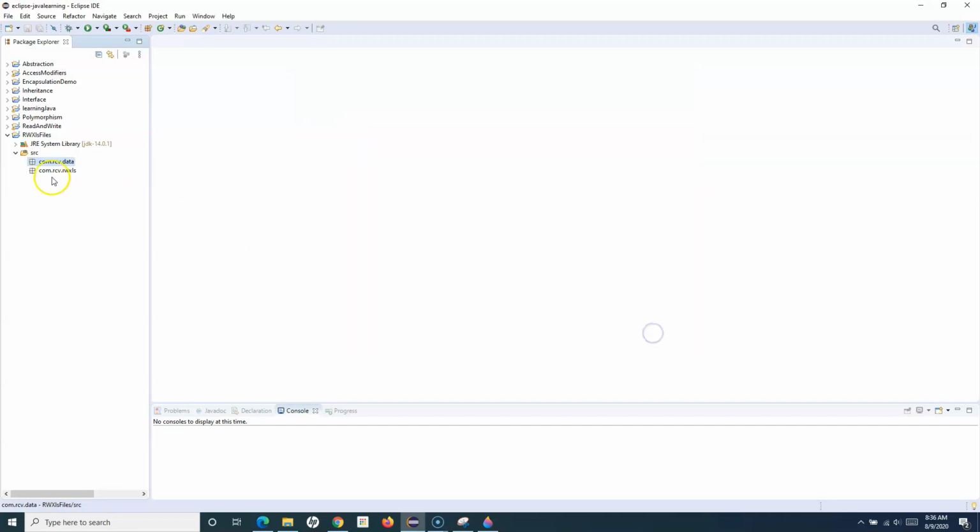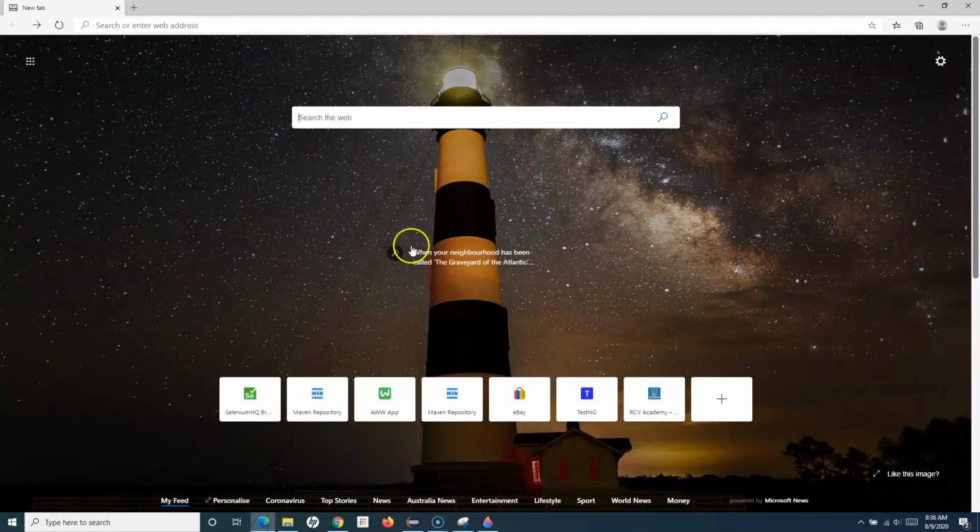Then in the read write XLS package, I'll be keeping all my code. So the first thing to understand here is to install or download Apache POI. Apache POI is the library which is used to read and write the Excel file. If you just search for Apache POI download